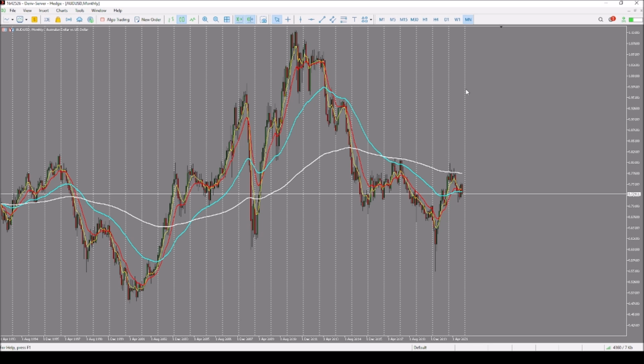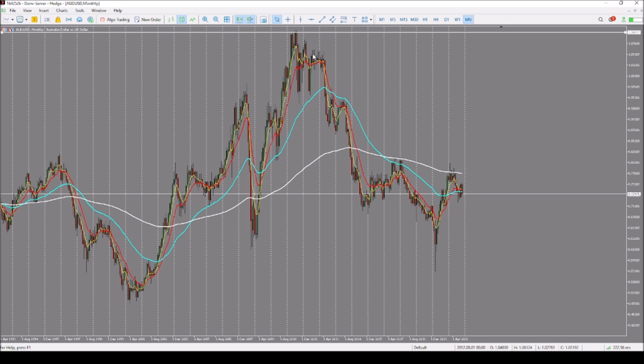So this is the Australian dollar against the US dollar, and we are going to apply the exact concept that we are talking about on the slides. The first thing is to determine where the highest point is and where we can see and analyze to get to the point of current market movement. So in this case, we can see that the market is at this point and the highest point is there.